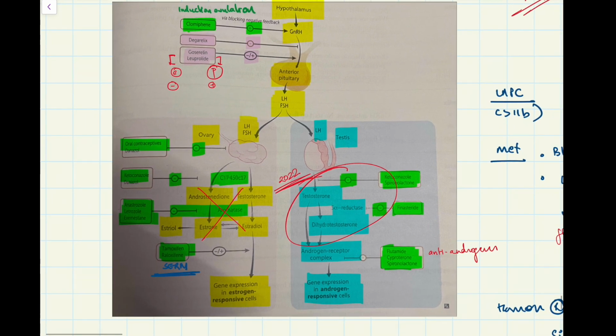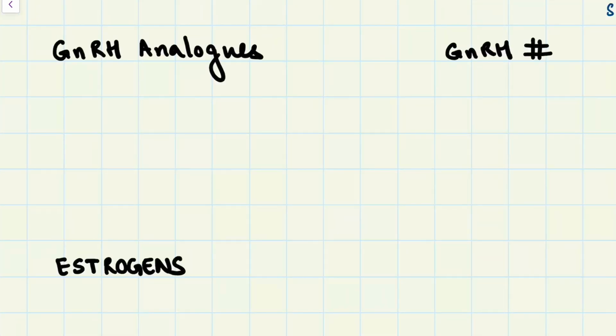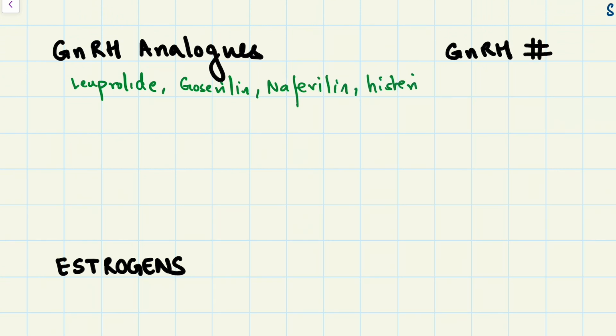Now let us look at the drugs one by one. So first we'll talk about the GnRH analogues. The GnRH analogues are leuprolide, goserelin, nafarelin and histrelin, right? So what they do is that they act as GnRH agonist when they are given in a